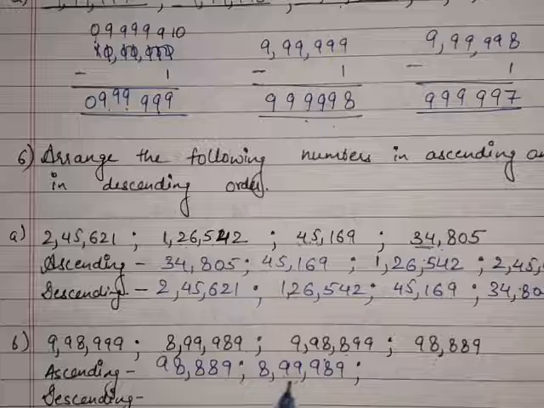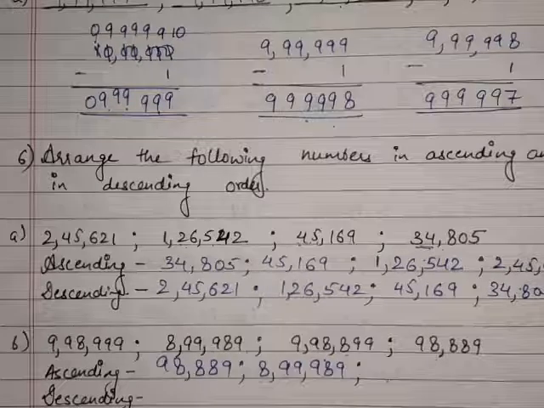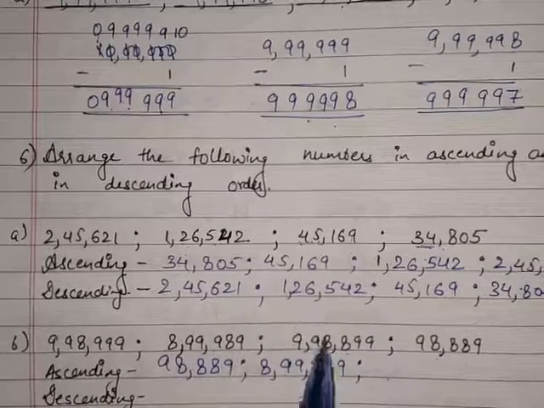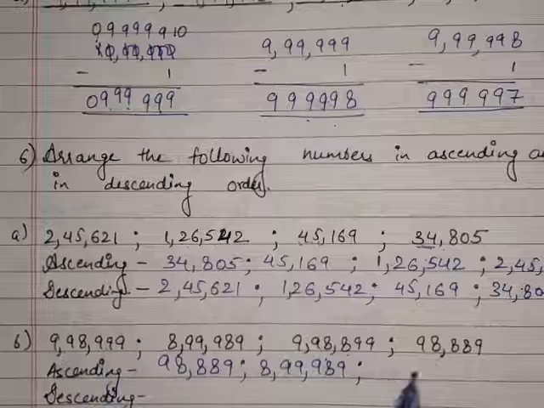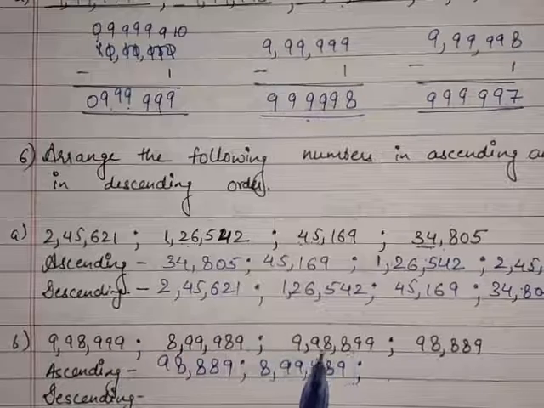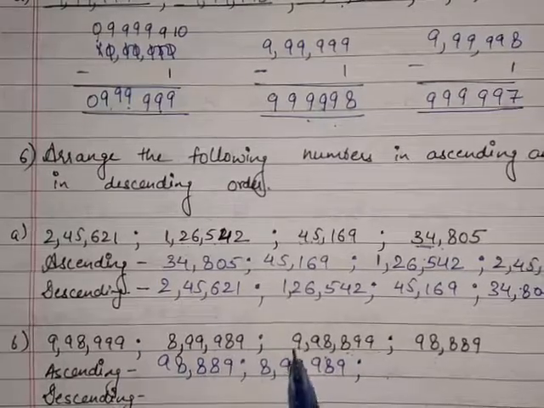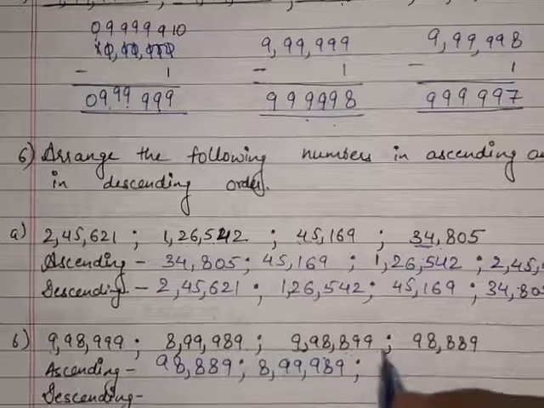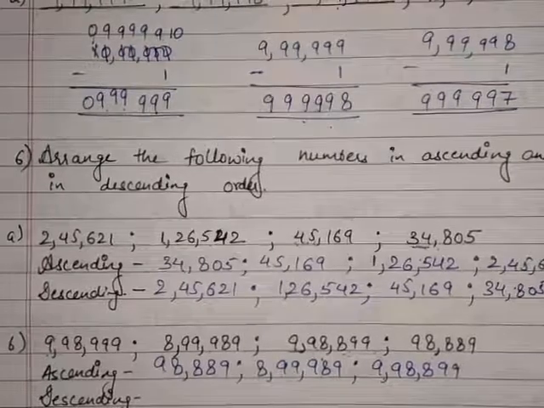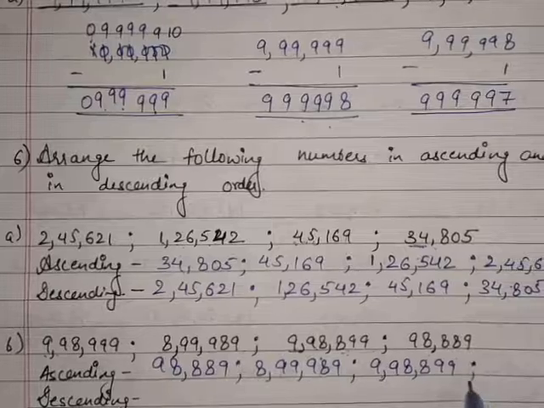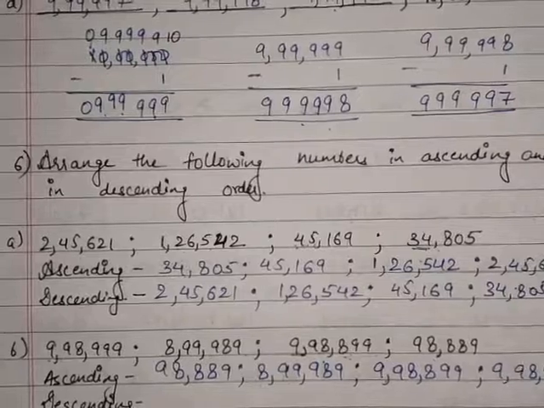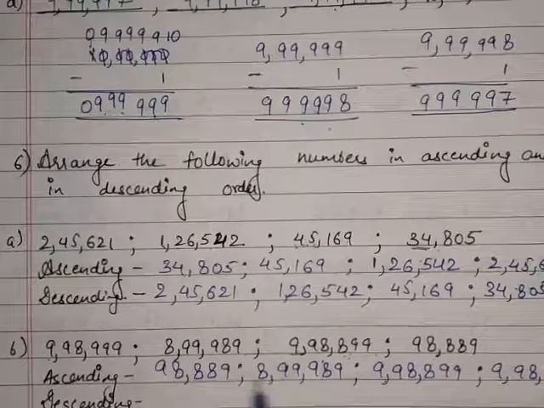Okay, then which is the smallest? See, smallest means bigger than this number. What is bigger than this? See, it is 9 lakh, it is also 9 lakh. Then it is also 98,000, it is also 98,000. Now it is what? 900, and it is what? 800. Now which one is greater? 900 is greater than 800. So which one is smaller? This number is smaller. See, we are seeing the number from the left side. Okay, so which one is smaller? Our number is smaller. 9,98,899. Okay, then which is smaller? See, 9,98,999. This number is the greatest number in these 4 numbers.